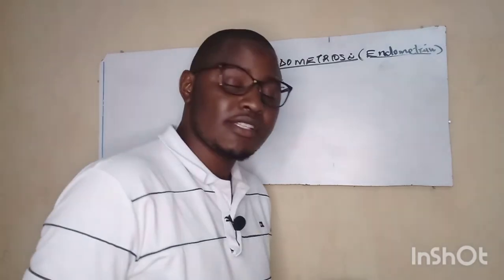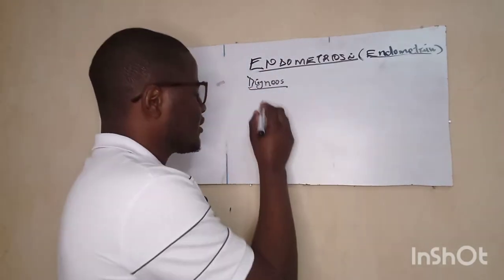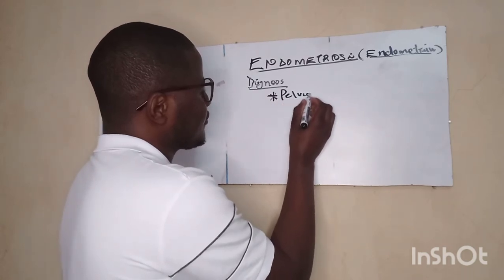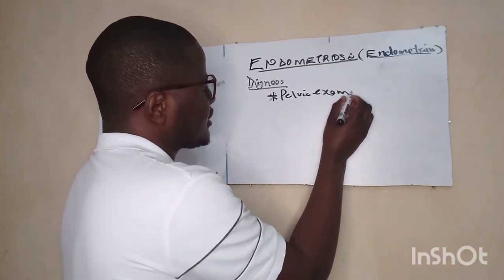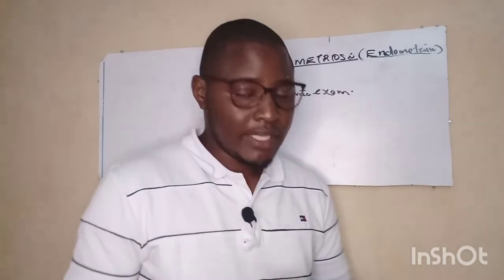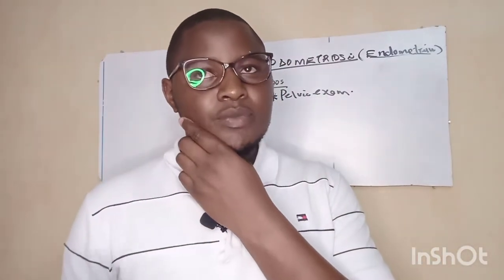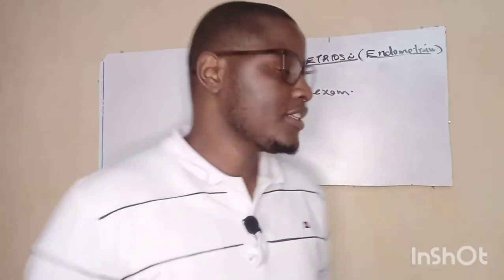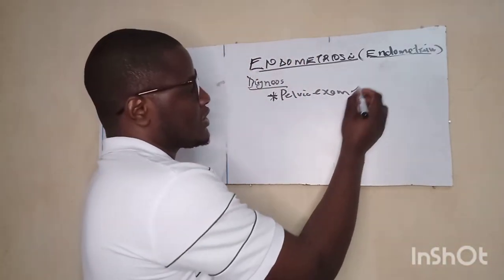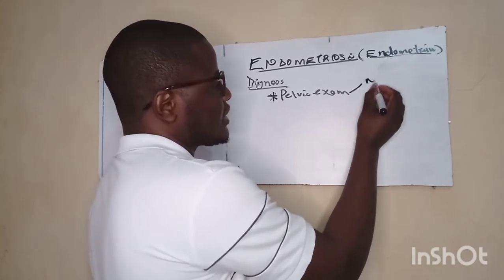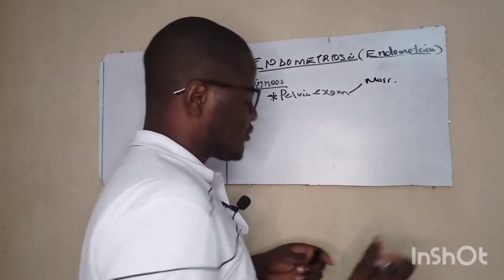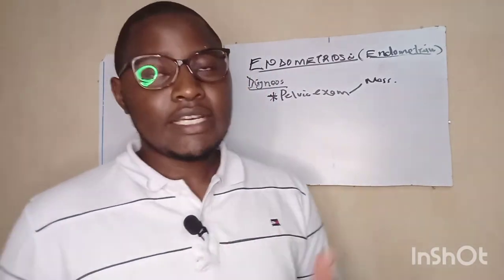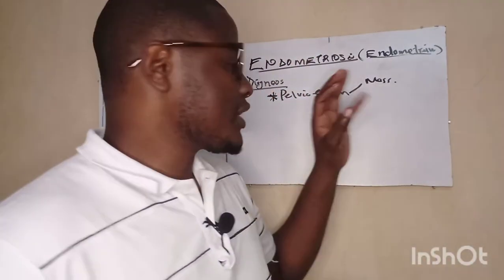Endometriosis is easy to diagnose. Number one, we can diagnose endometriosis via pelvic exam. What we mean by pelvic exam is whereby you lie on your back, and then the doctor will palpate your abdomen. In most cases the doctor is able to feel some mass behind your uterus, but this comes with time as you get the expertise to feel the masses.